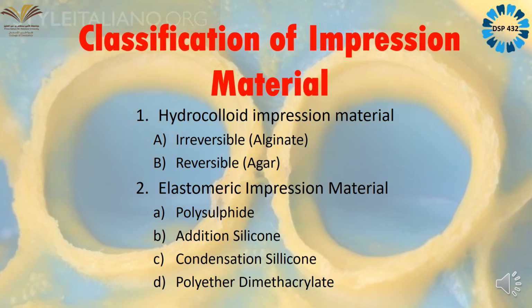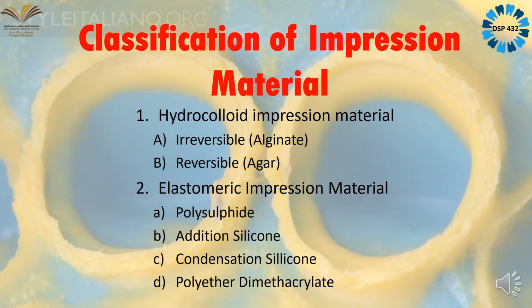We have the alginator. Alginator is a mechanical device for mixing the alginate, right? We have 2 methods. Either you can use an alginator or you can do hand manipulation. Okay. So alginate is one of the most commonly used materials for making diagnostic impressions. Second, we have reversible hydrocolloid, that is agar.